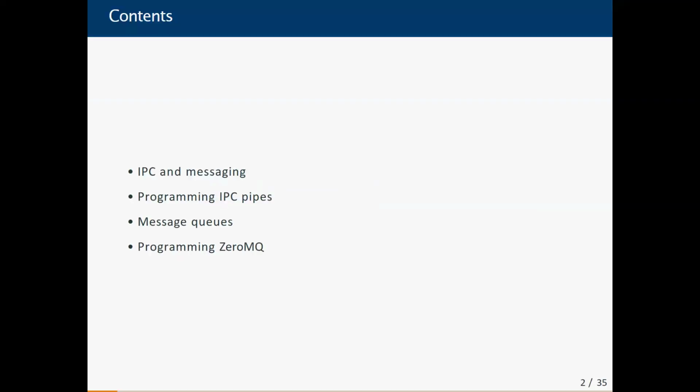Okay, then let's go ahead to the things today, message queues. So today we're going to talk about something related to inter-process communication, okay, which is called